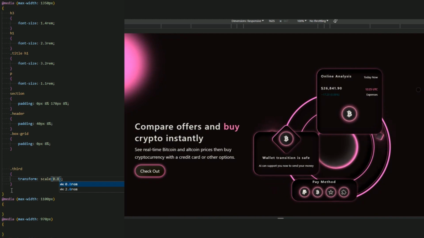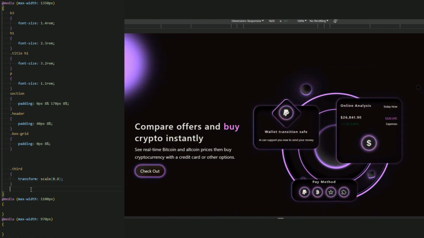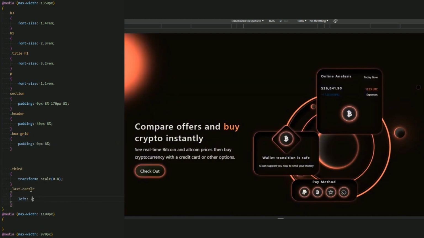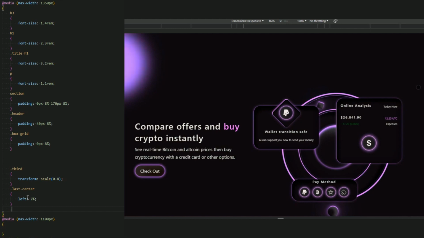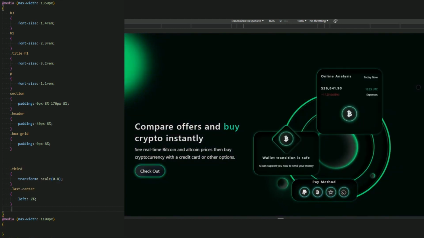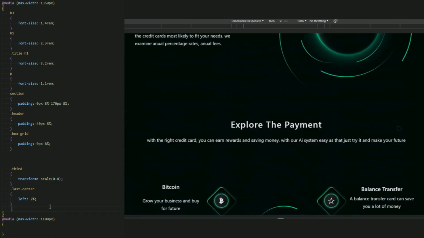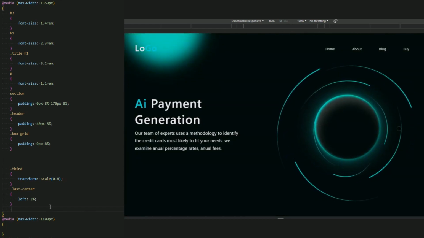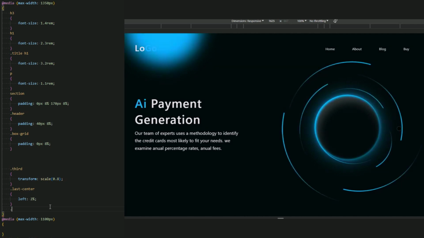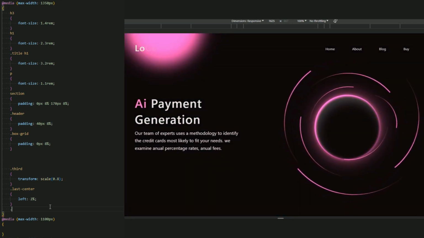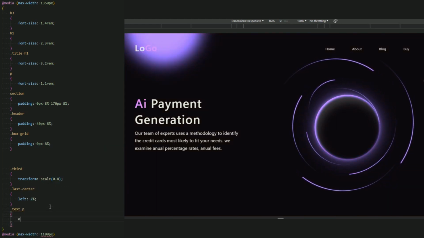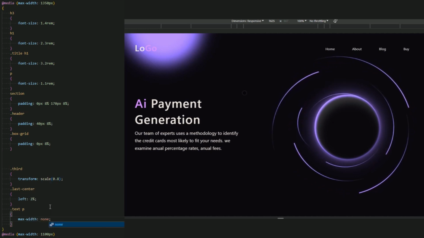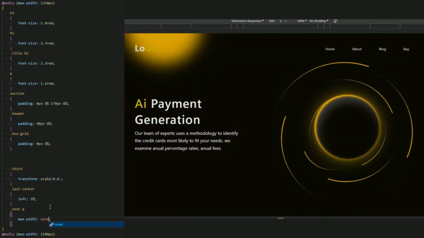So now for the last center, let me just add a last center, and let me left 2% for this. And the logo text, or we had the logo text, I think. Let me just check it. And let me add for this logo text P, I want to add a max width. If we have any max width of 500, let me just type a text P, let be a max width none. Or I think we get a problem with this.